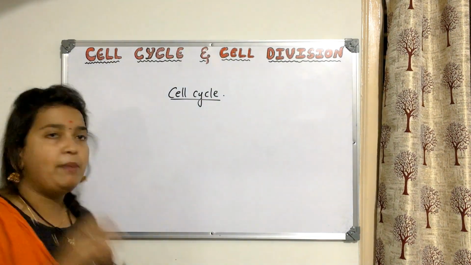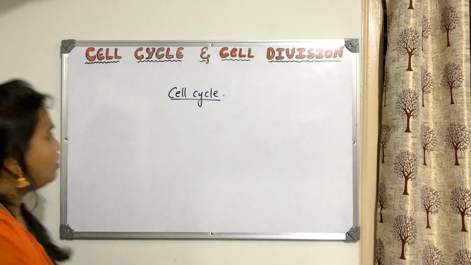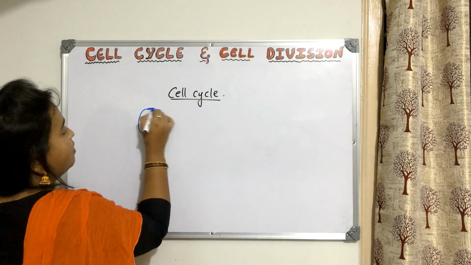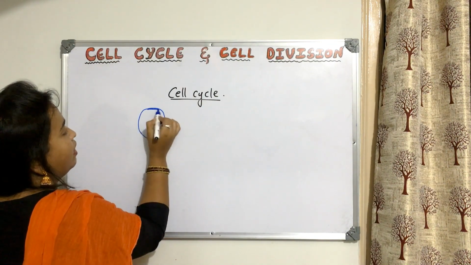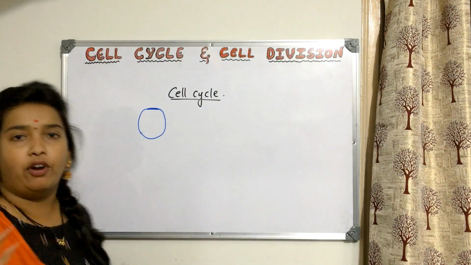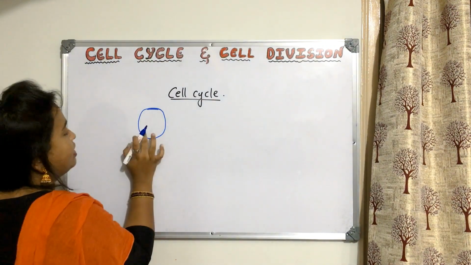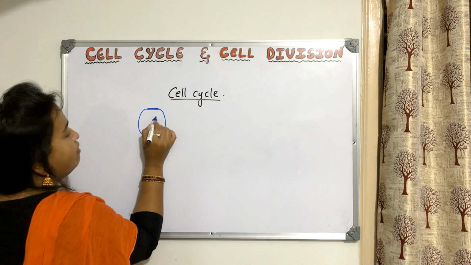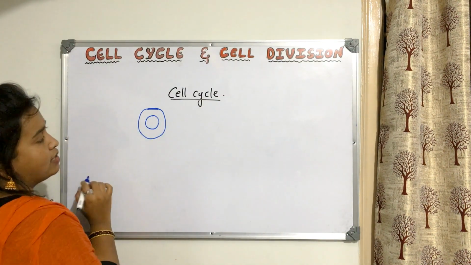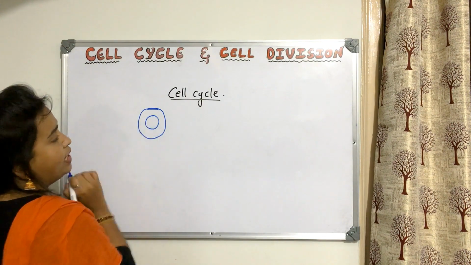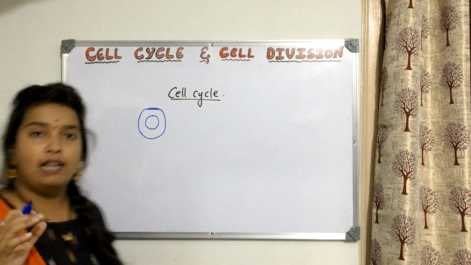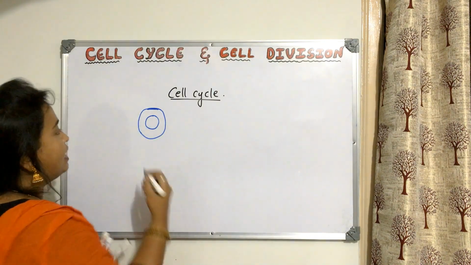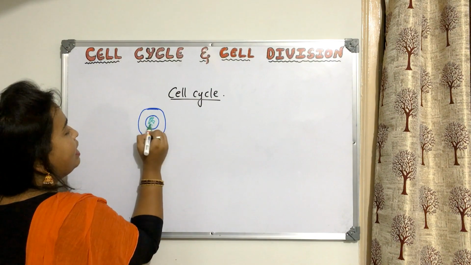Okay. Now in brief, if you want to understand cell cycle, let us consider this is a cell. I am not particularly mentioning any plant cell or animal cell. Let us consider a eukaryotic cell, because a eukaryotic cell will have a proper nucleus and all those things. Cell will have what? Cell will have a nucleus. So this is cell, and what is present inside the nucleus of a cell? That is the chromatin material.